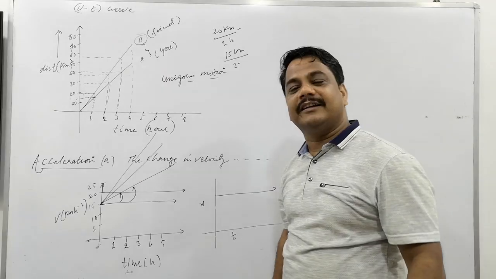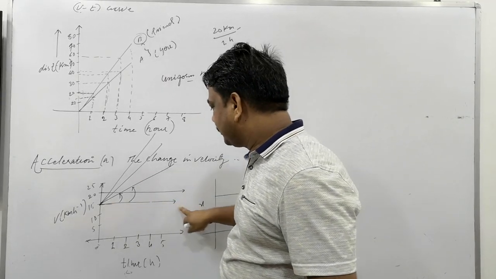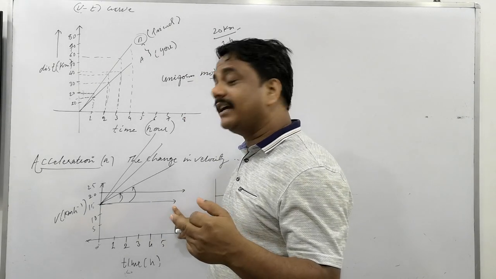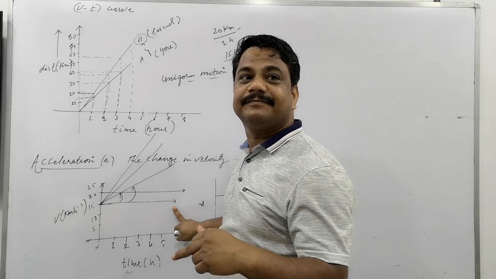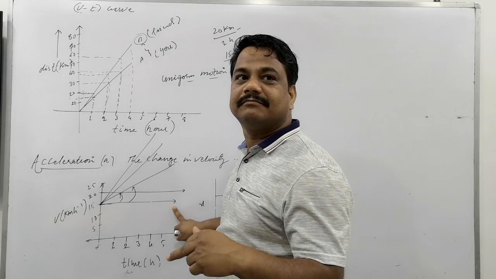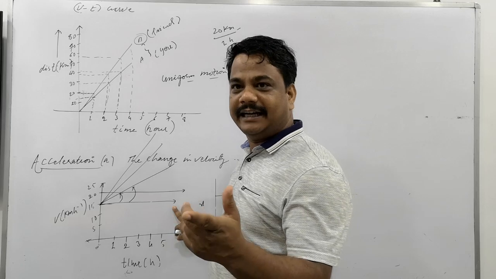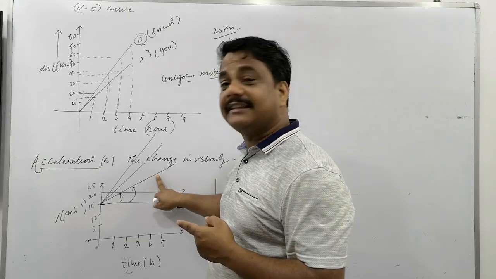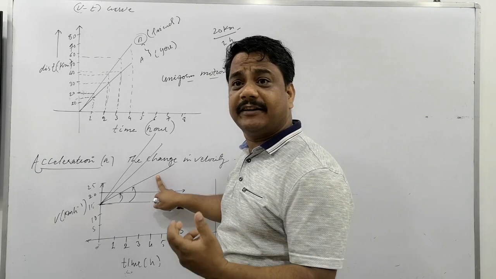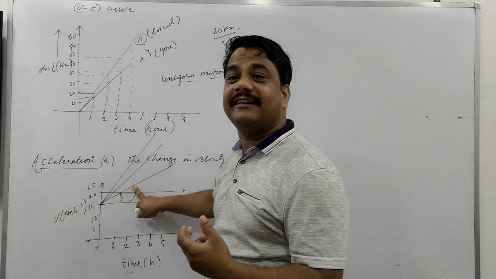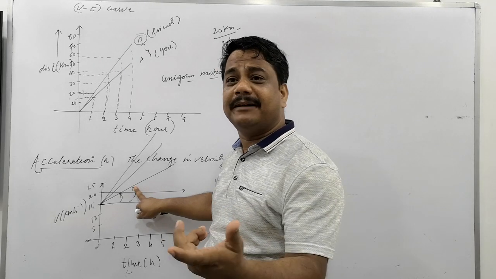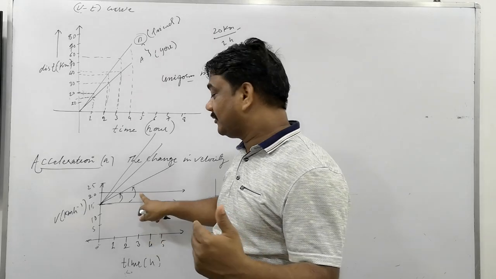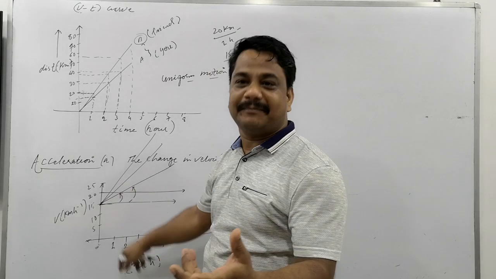Previously its velocity was constant, and what about the acceleration? The acceleration was 0. But now the acceleration is not 0 because the velocity is changing. So what quantity has been created here? A slope. When the slope becomes 0, the acceleration becomes zero. And when the slope is some positive quantity, the acceleration is some positive quantity.